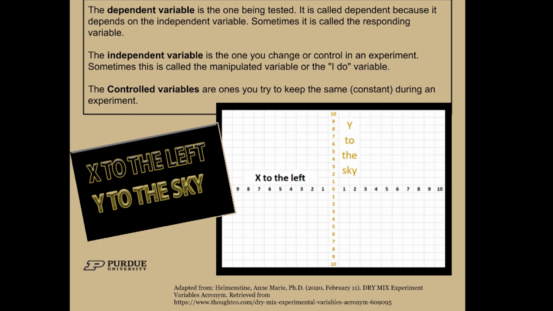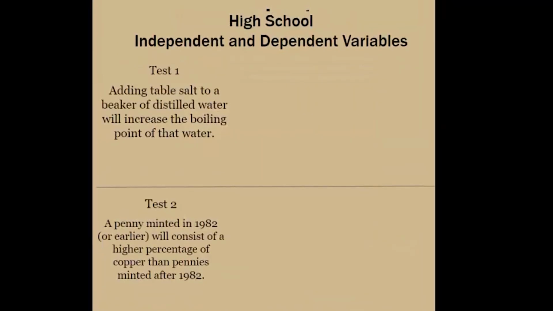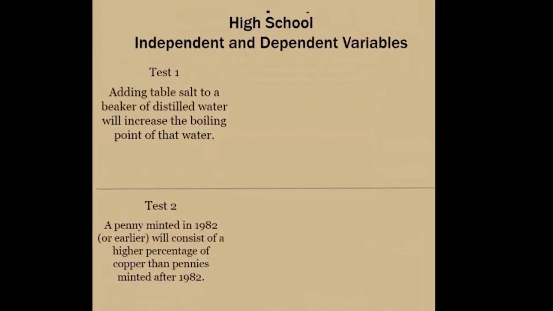And then from DRY MIX, I know that DRY is going with my dependent variable. And then X to the left, if you start at the right and go to the left, and then there's your X axis. And with the MIX part of DRY MIX, that would be your independent or manipulated variable graphed along the X axis. So if we advance the slide, we'll look at our potential hypotheses for high school level,